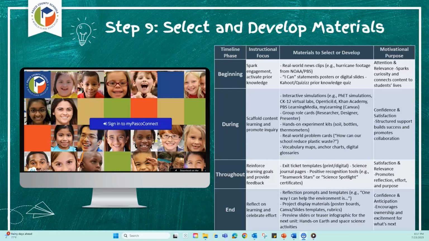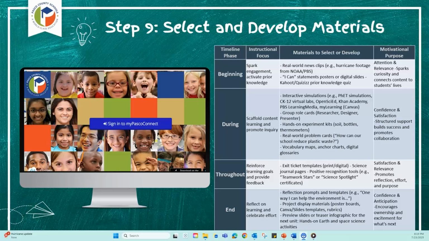During class, we incorporate interactive simulations from Open Science Ed and PBS Learning Media, hands-on science kits, and Pasco group role cards to scaffold learning, boost confidence, and support collaboration.